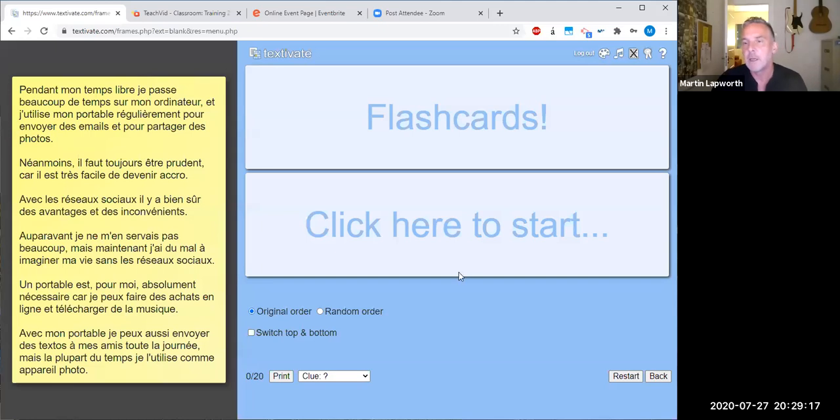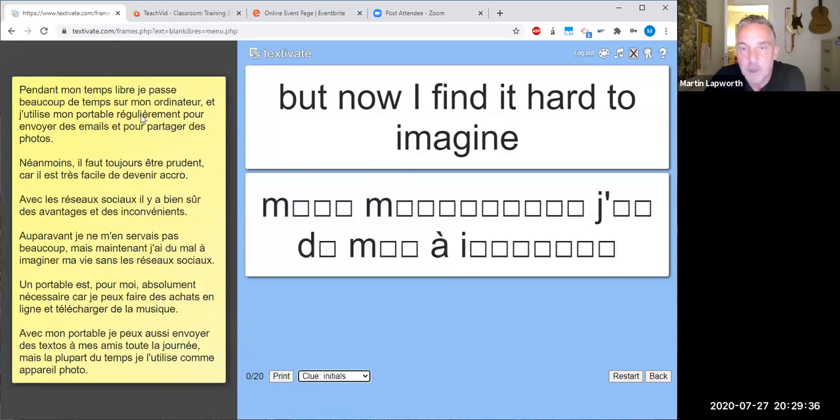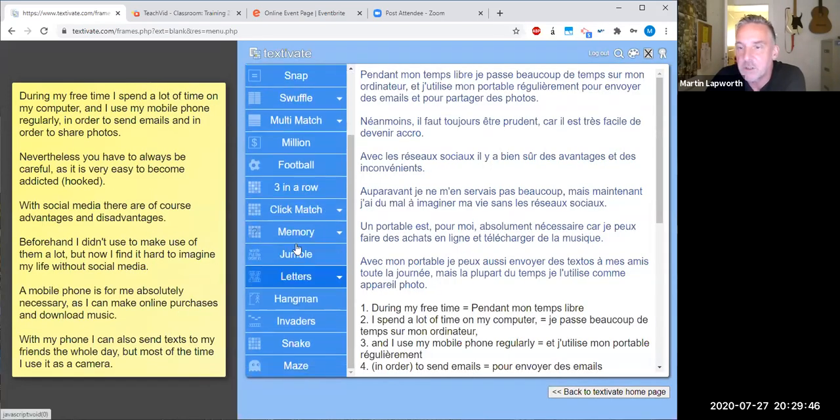So, for example, if we now put the flashcards in random order and we begin our activity, we're told what we need to look for: "but now I find it hard to imagine." If the student knows that, fair enough, they can just click on it straight away. They can use clues as before, such as initial clues, but they can also read through the text to see if they can find it if they're not sure what it should be. Now, obviously, they might not be inspired to do that with these flashcards where they're just self-testing, but activities such as